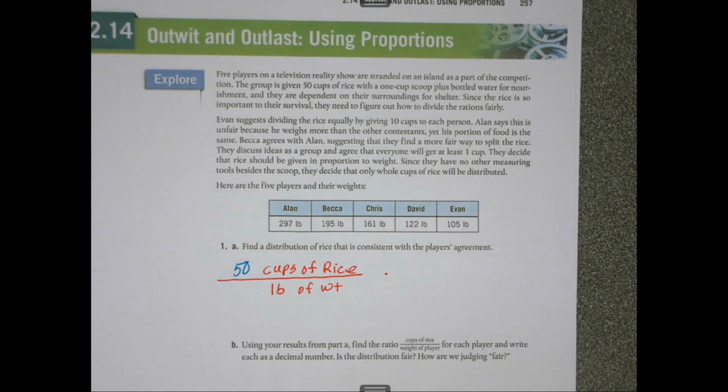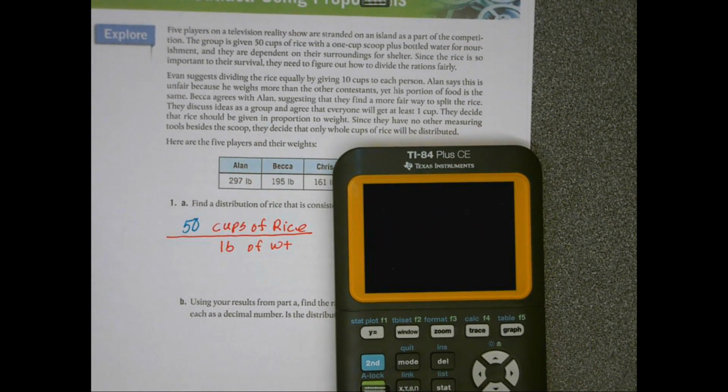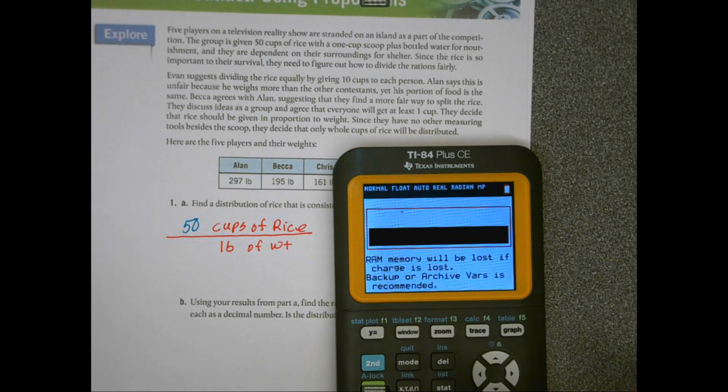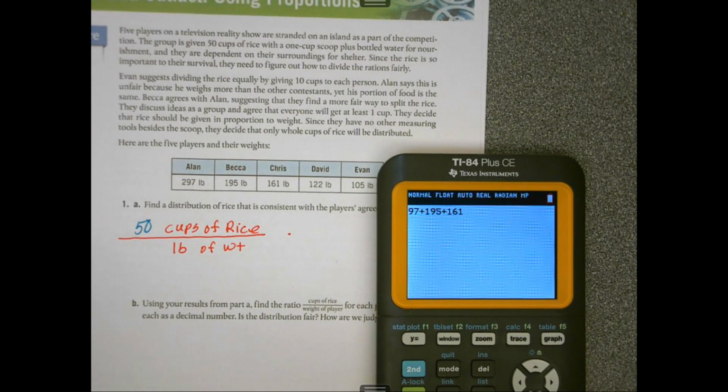Get a calculator here. 297 plus 195 plus 161 plus 122 plus 105. So I have 50 cups of rice for 680 pounds